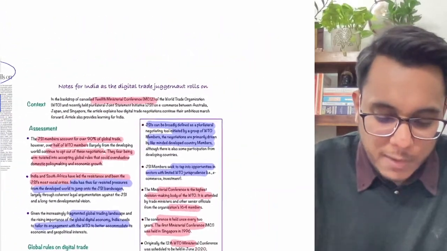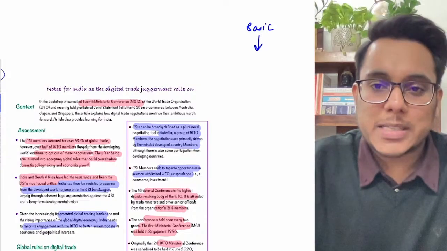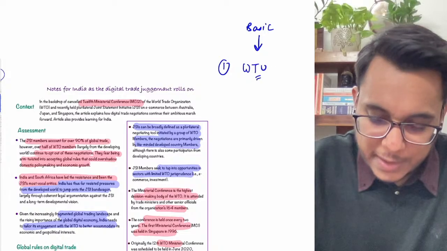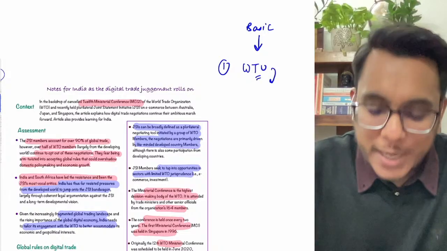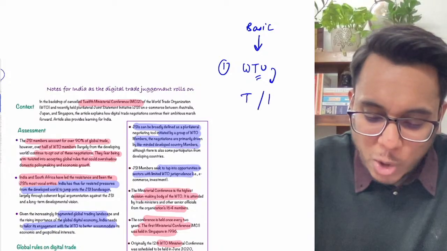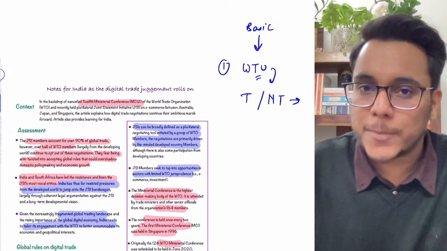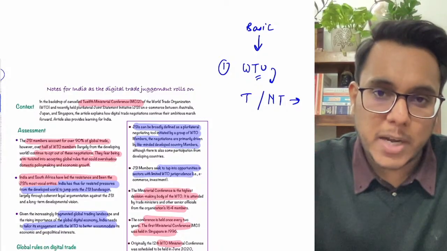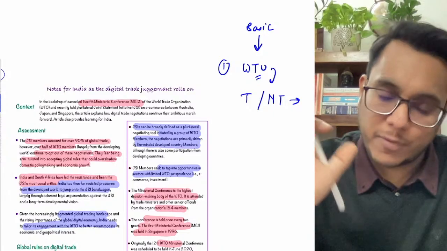Now first of all, there are certain basics that we will discuss. Now guys, the basics are like this. Number one, you might be knowing that there is a World Trade Organization. Now World Trade Organization aims to reduce the tariff and non-tariff barriers to trade. Tariff barriers means that some country has a very high custom duty, that is a tariff barrier. Imports will not be able to come freely there.